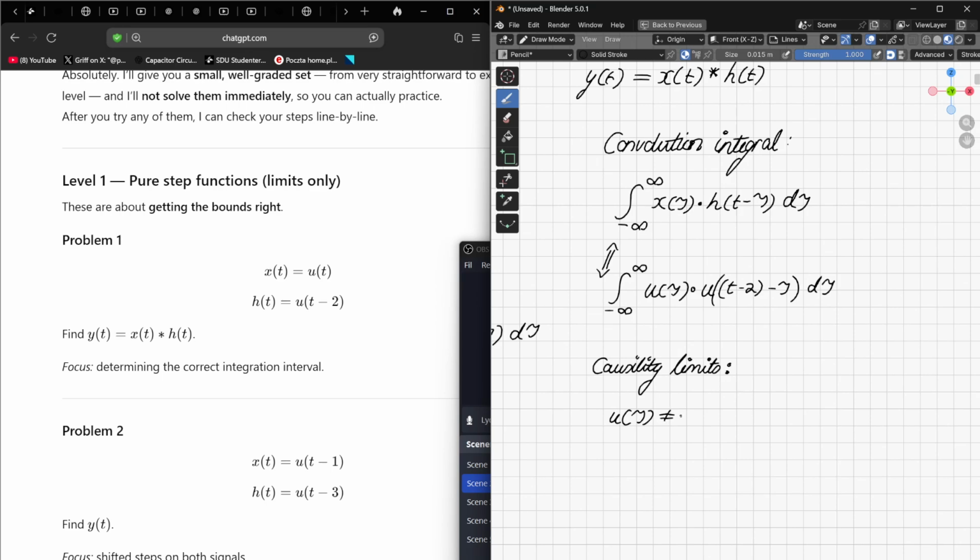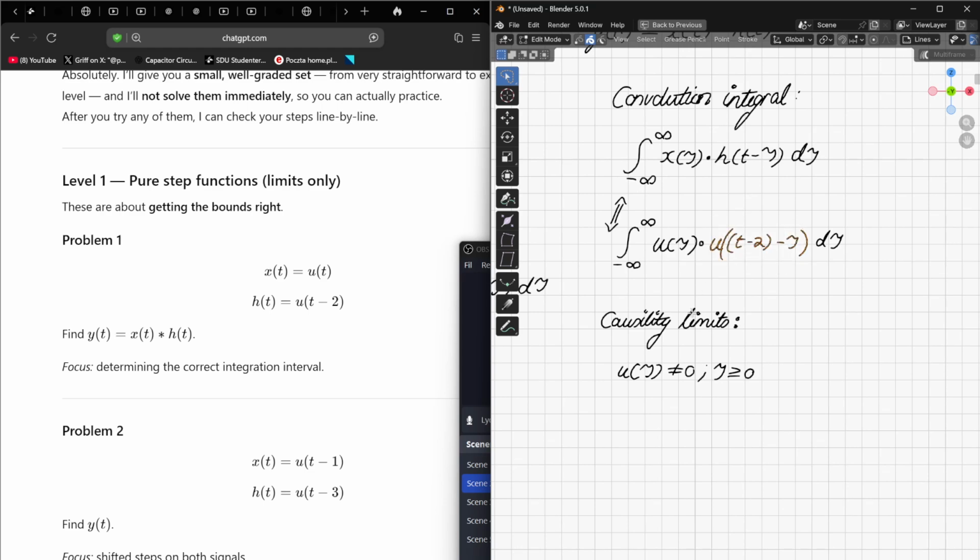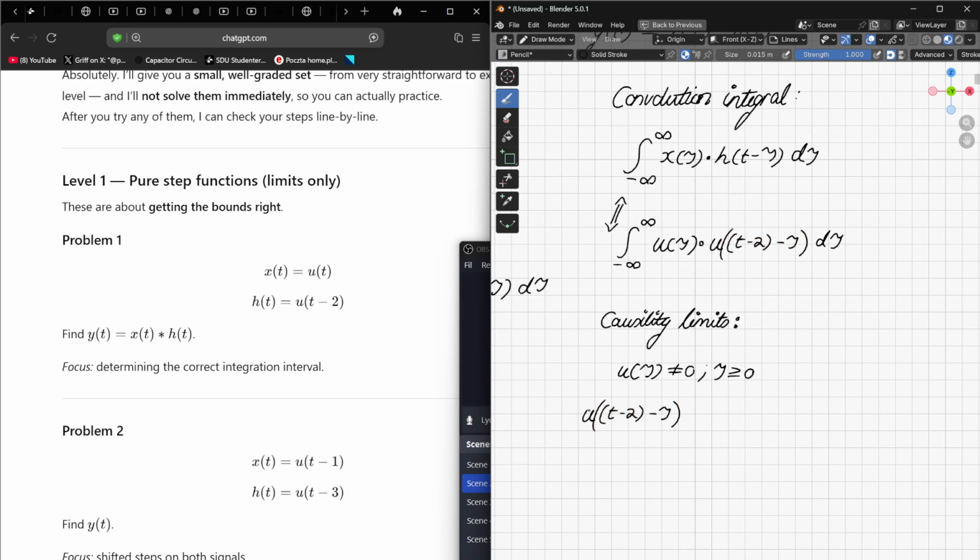So u(tau) does not equal 0 when tau is greater than or equal to 0. And, okay, this is a bit of a big one here. I don't want to write this out again, so I'll just copy this and send it over. So u(t minus 2) brackets minus tau does not equal 0